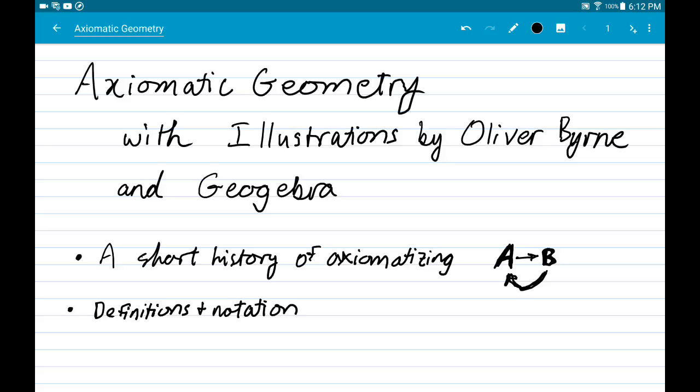So the 5th postulate is not in any sense derivable from the first 4. We'll discuss all of this and the notion of independence in greater detail later. But this resulted in a genuine mathematical discovery, the discovery of non-Euclidean geometries. And that's another reason why we might be interested in axiomatizing geometry,